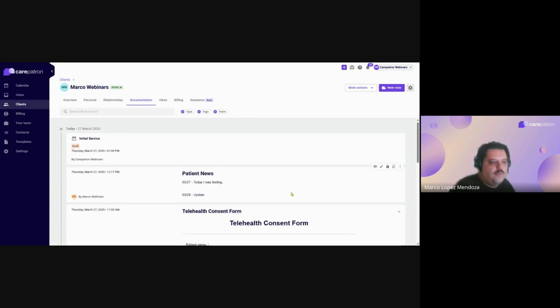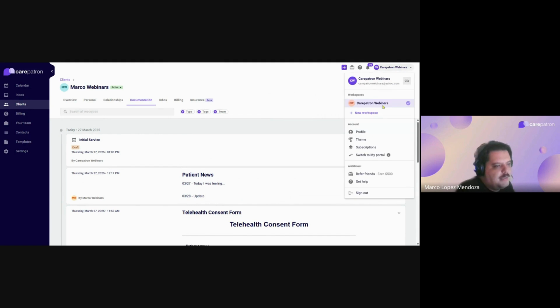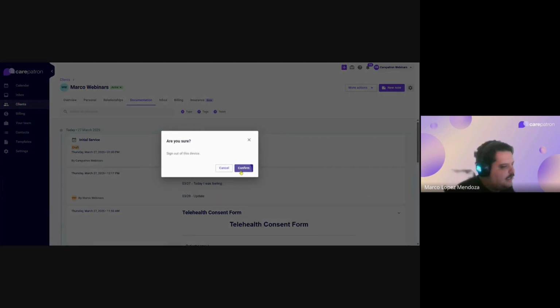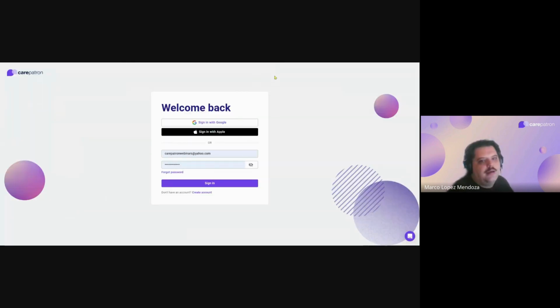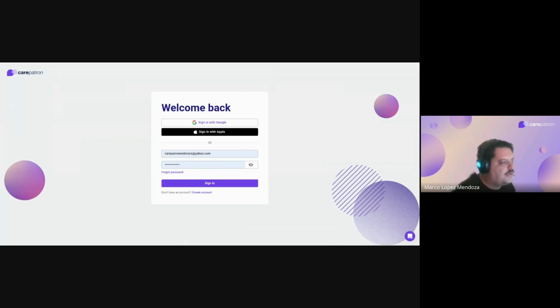All righty, team. One other thing that I wanted to mention, and it has to do with the original sign up, is that much like your own login page, they'll have the option to sign in with Google or Apple at the time of logging in after that initial setup of their patient portal profile. So if your client has already created a password for their profile, I highly recommend that you encourage them